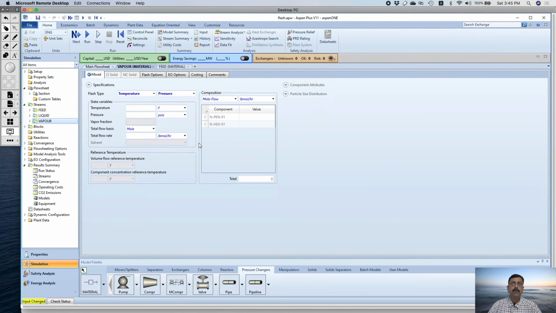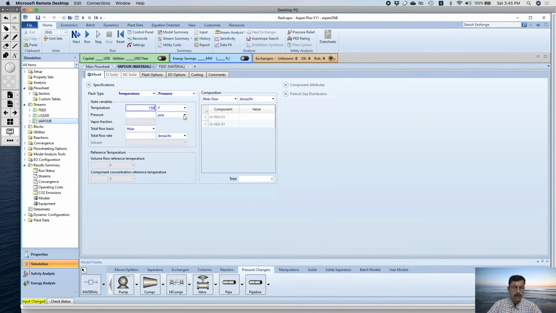It will calculate on its own. But let us demand that Aspen Plus calculate a condition through which we will obtain the vapor at 150 degree Fahrenheit